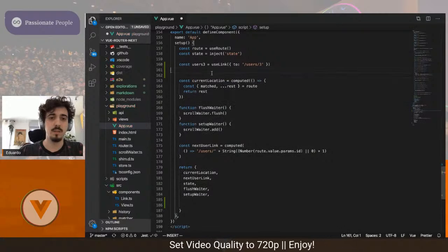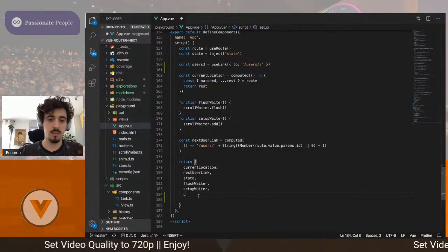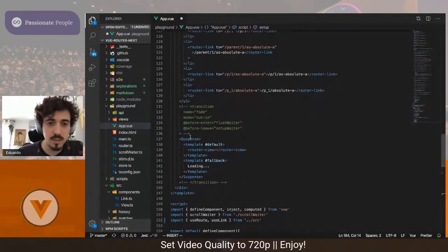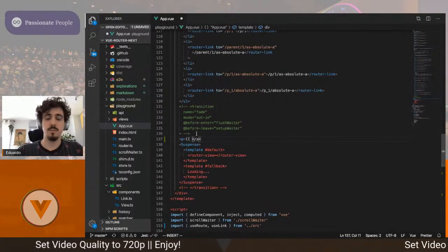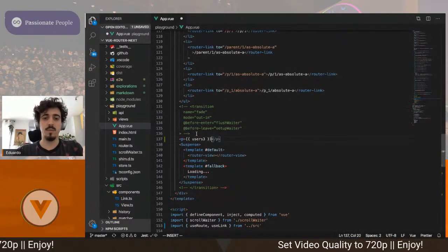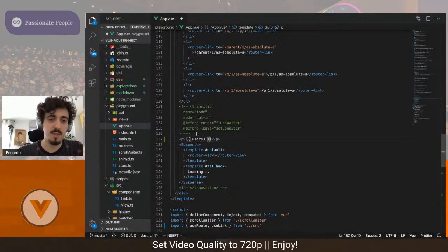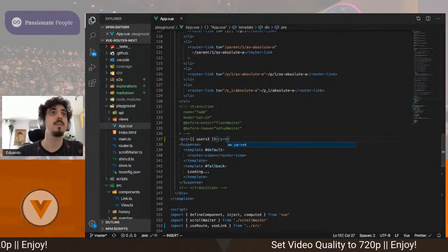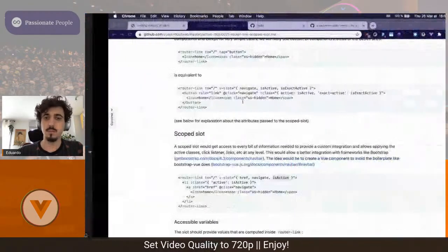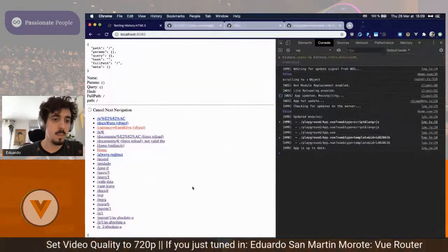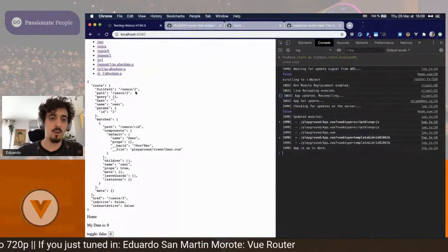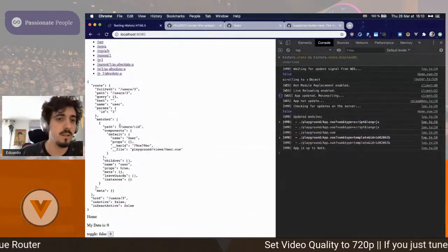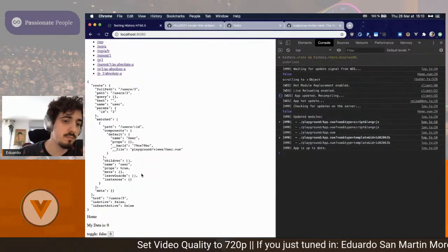Now, if we want to take a look real quick, we can go into the project here. We put the variable here. I didn't want to put a paragraph. I want to put a pre, so we can have the code. There we go. So we have here the whole content that is retrieved by the useLink, and we can see there are a few things that we shouldn't touch too much.